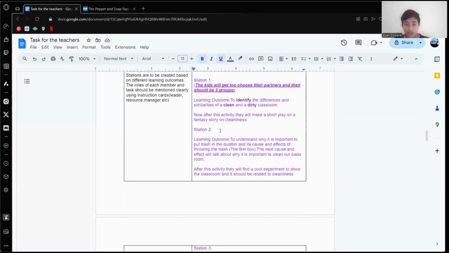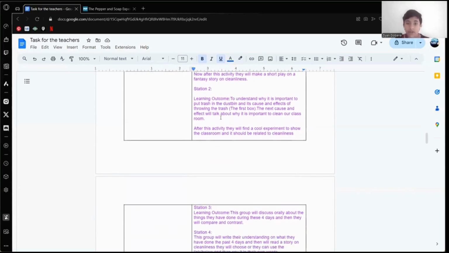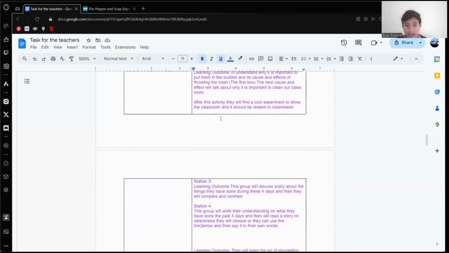And then after that, they'll all group together again, and they'll make a short play on a fantasy story on cleanliness. Station two will do cause and effect. The first cause and effect is throwing trash. What are the causes and effects of throwing trash? The second cause and effect will be: why is it important to clean our classroom? And after this, they'll do a cool experiment to show the classroom,